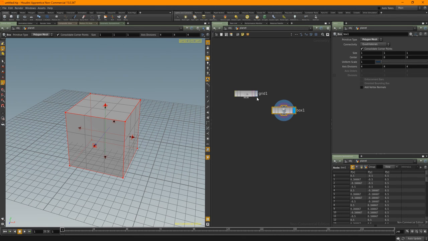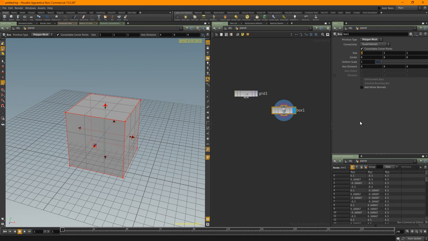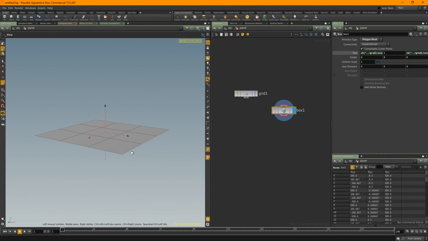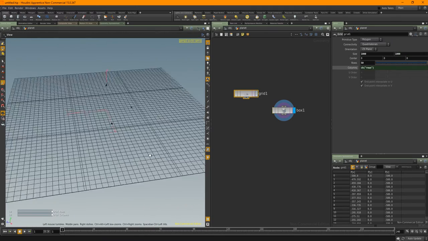So this is what we've got. I want to make the box obviously on X and Z the same as the grid, okay? So we've got size X and size Y there. So let's do a channel reference, so CH, and go for the grid 1, and then we're going to go size X, okay, tab, channel, hold close parentheses, and let's go with the grid 1 as before, and this time obviously we're going to go with size Y. So what we should have now is the box and the grid exactly the same size, which would do.